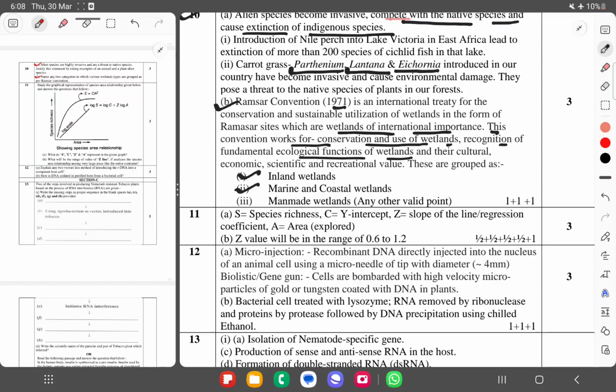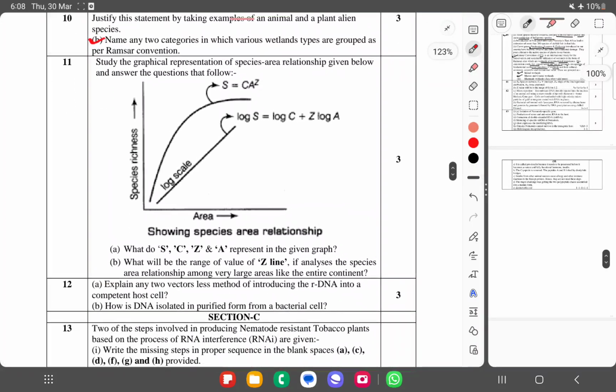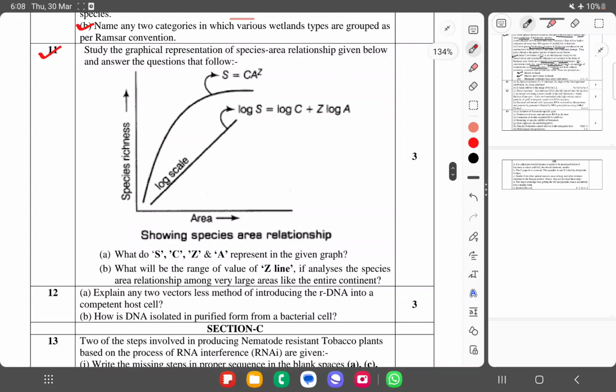Okay, let's move ahead. Study the graphical representation of the species-area relationship given below and answer the questions that follow. Okay, you have to show the species and area relationship. What do S, C, Z represent in the given graph? What will be the range of the value of Z if analysis of species-area relationship is among very large